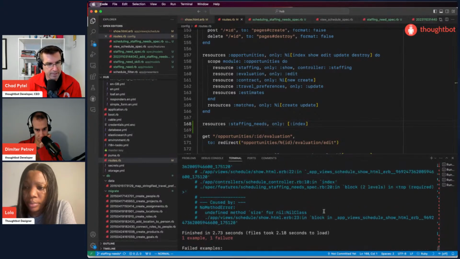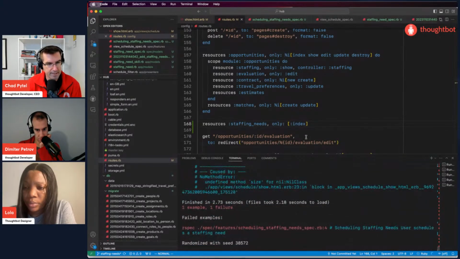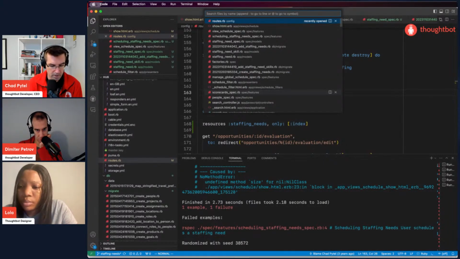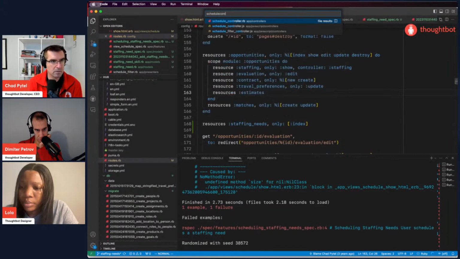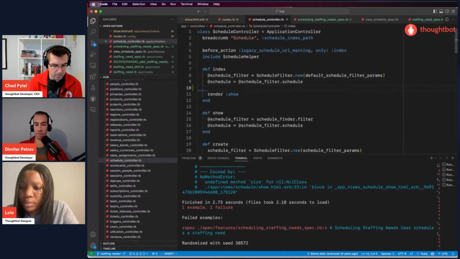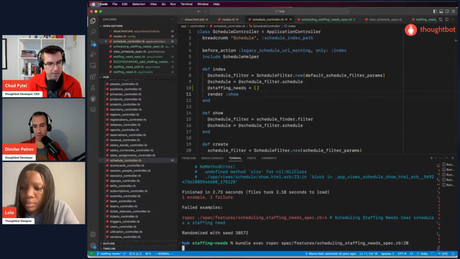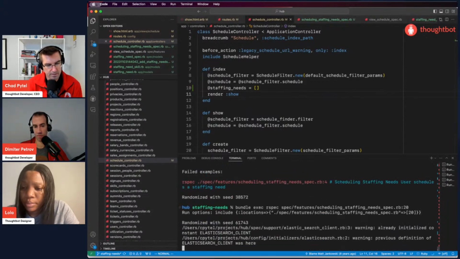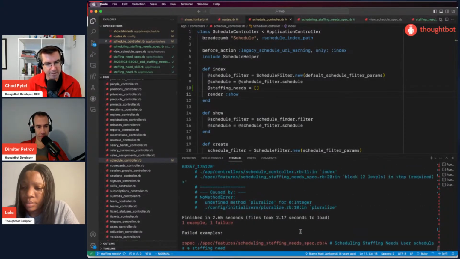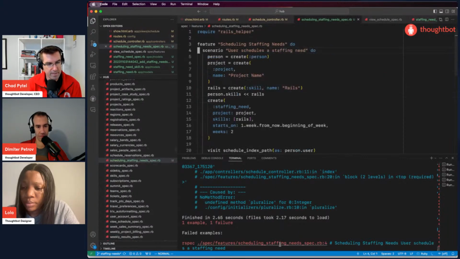Nope, undefined method size for nil class. So we're not setting staffing needs. Go with an empty array. Now it's going to say 0 projects need staffing. Undefined method, how did I write that? Undefined method pluralize for